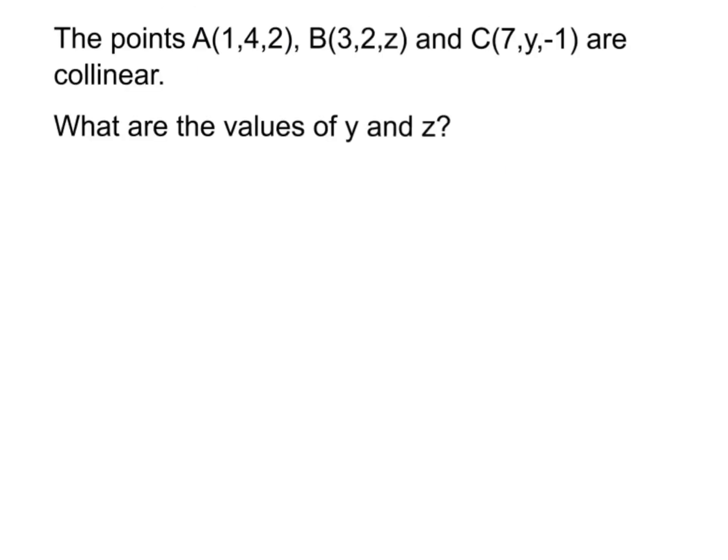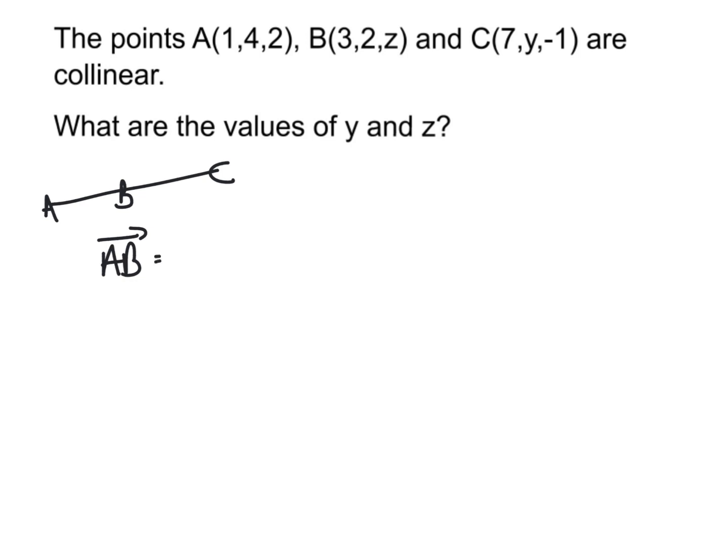Okay, I have one more example. It's similar, but this time we've got 2 unknowns in our equation. So we're told that A, B and C are collinear and we have to find y and z. So again, as always, I draw a little straight line. So we're doing A to B to C. Now I'm looking where my unknowns are. My unknowns are in B and C. So for this one, I'm probably going to do A to B